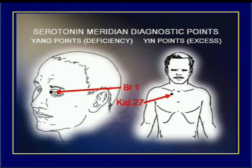What do the kidneys and the bladder do? They pass out water-soluble toxins. So there's always a need for more water with both of these. Flush the system through. More good quality water. Okay? So two points: bladder, which is right in the corner of the eye orbit there, and kidney 27, just below the clavicle and the first rib space. Okay, here we